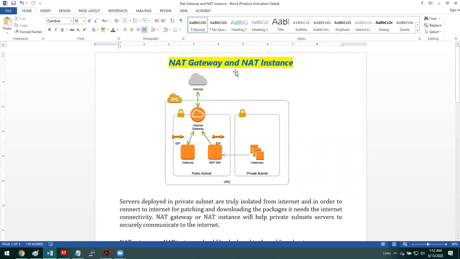Generally we go for NAT gateway for letting protected systems connect to the internet, as the high availability and bandwidth flexibility are all taken care of by AWS. Whereas with a NAT instance, we have some overhead: if there is any activity from the AWS side, we need to maintain it or do some extra work, which is an overhead for us. So generally we go with NAT instances in the staging area where we want the private subnet machines to connect to the internet.